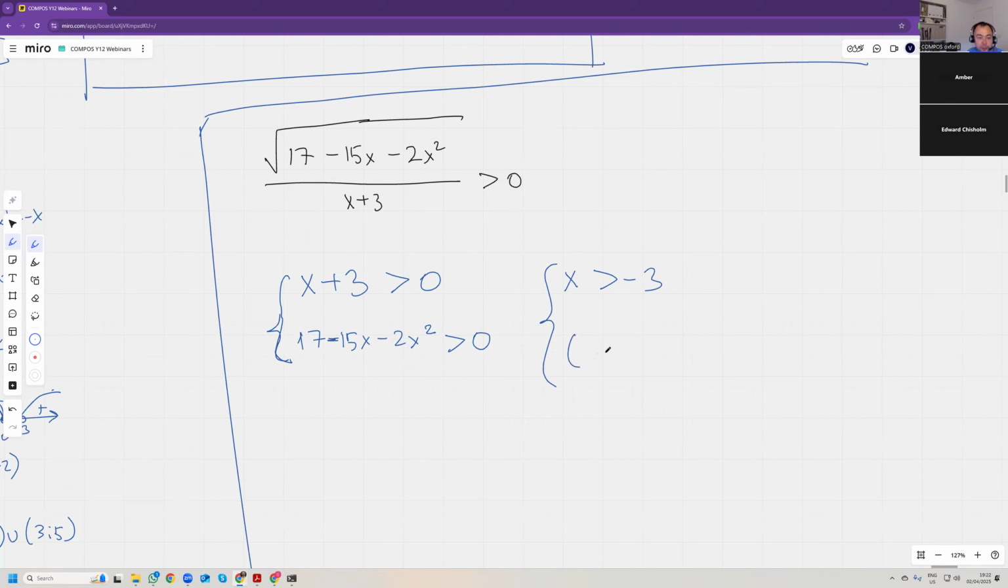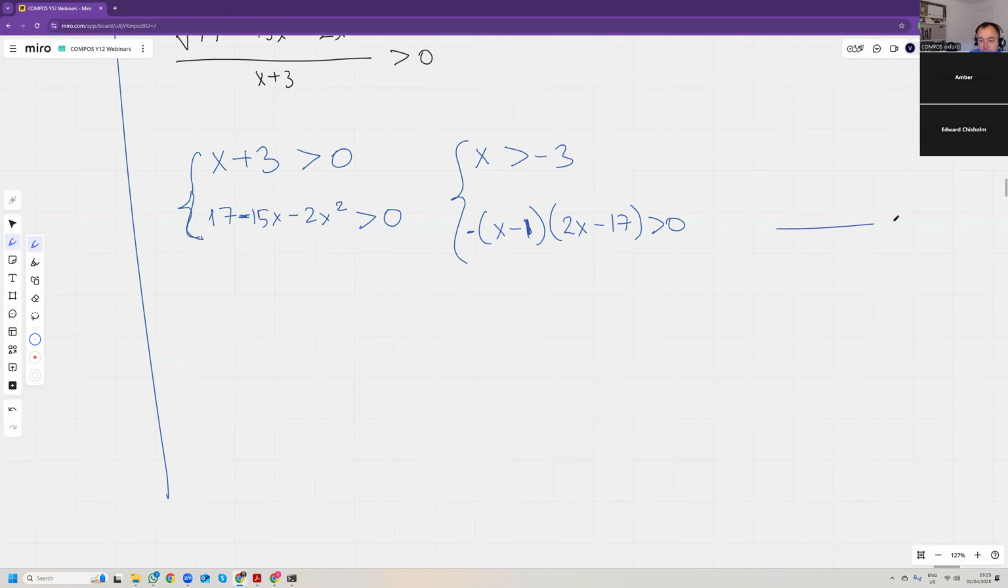this thing, we can do this by completing the square. So -2, -15, 17, and that is 1. So (x - 1) and (2x + 17) with a minus, greater than 0. So we can do sort of a method of intervals here. So that is 1 and